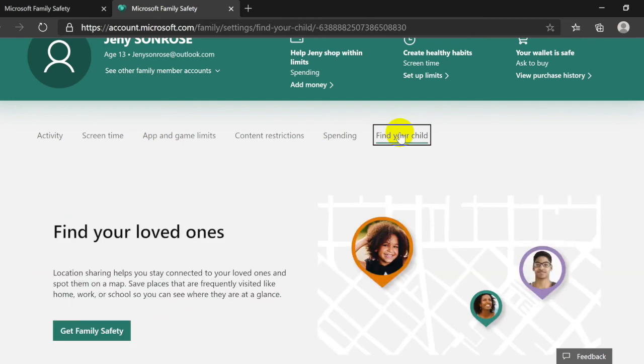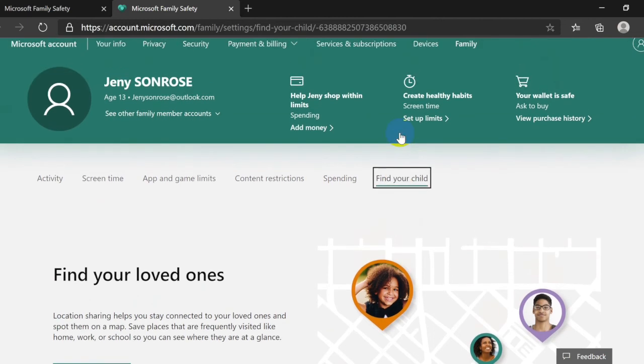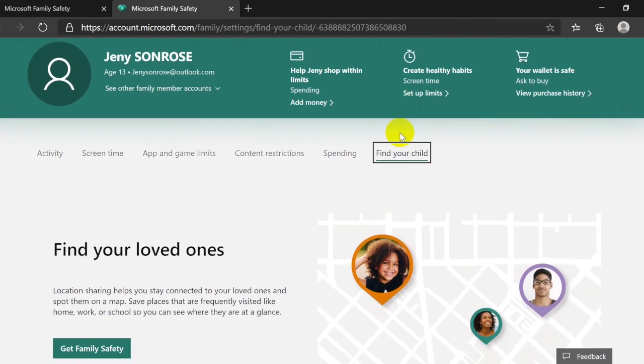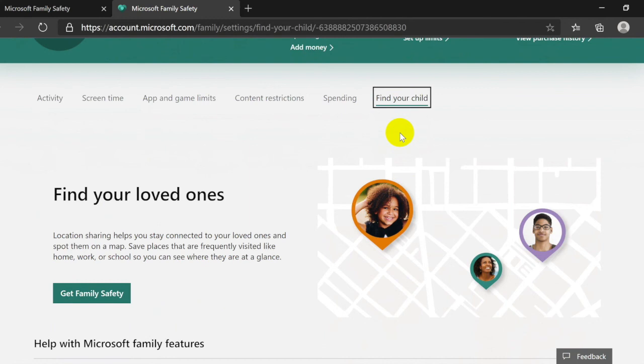This feature provides an app for your mobile to install to track where your loved one is now, like going home or work or school or anywhere. When you click on Get my family safe, they will send you the link to download this app and install it on your mobile.